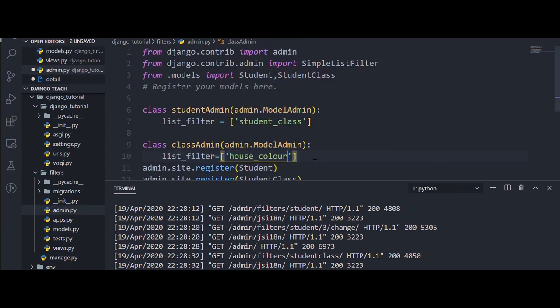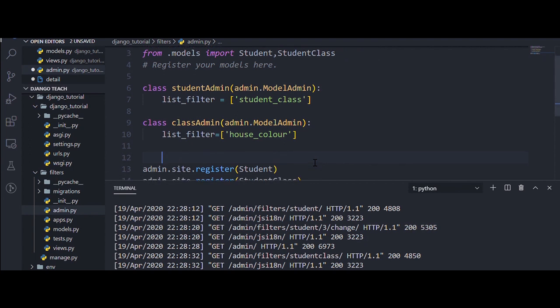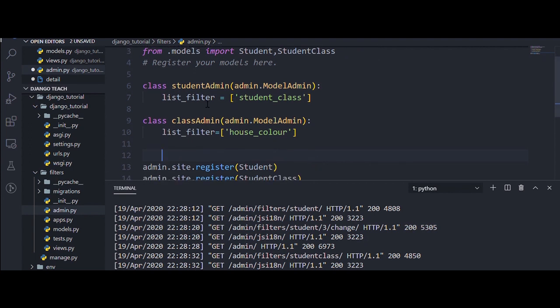But if you notice, one filter is on the StudentAdmin class and one is on the ClassAdmin class. If I want this house color filter on this one, I will show you. Let me first show you what this looks like on the admin panel.